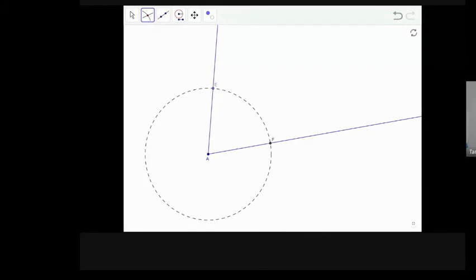All right, now for more fun. We've got to make another fish. That's what they look like to me. Like if you drew a fish in the sand, that's what it reminds me of. So we're going to again go with our compass. This time we're going to go from each of those points, E and F,